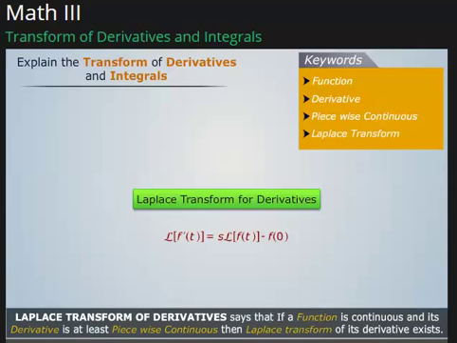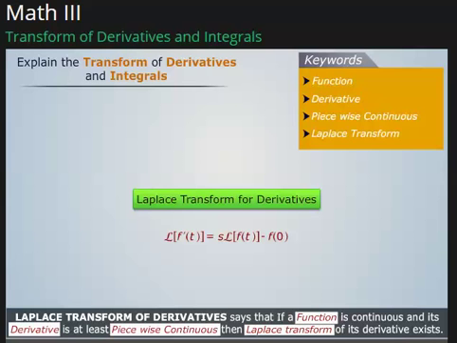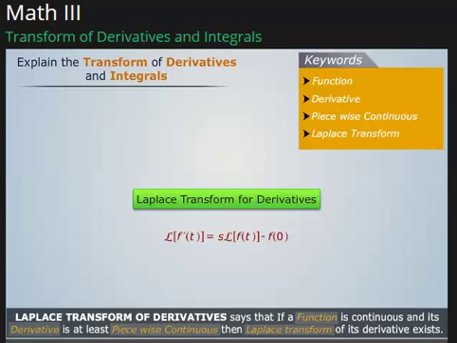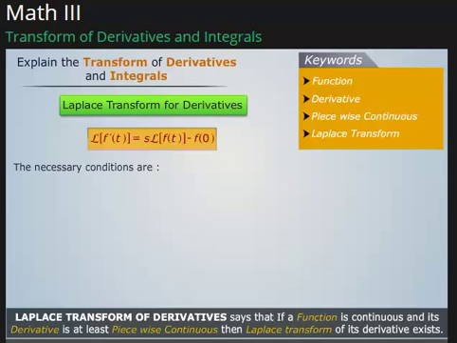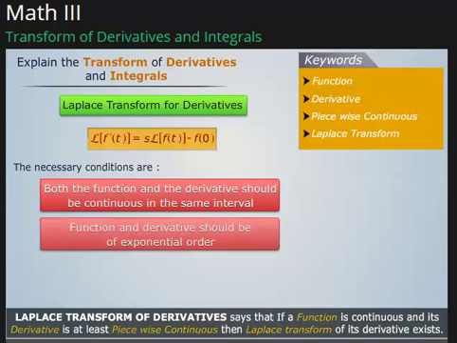Laplace transform of derivatives says that if a function is continuous and its derivative is at least piecewise continuous, then the Laplace transform of its derivative exists. This can be given by, the necessary conditions are, the general formula for the transform of derivative is given by,